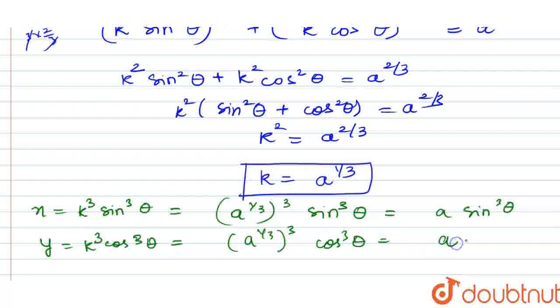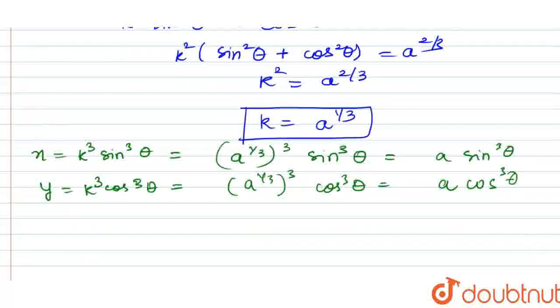This is a cos cube theta, right? So this is what our value of x and y is. Now we have the equation. Now we can find out the equation of normal, because we have the points and we have found our slope also, right? So we will write here the equation of normal will be